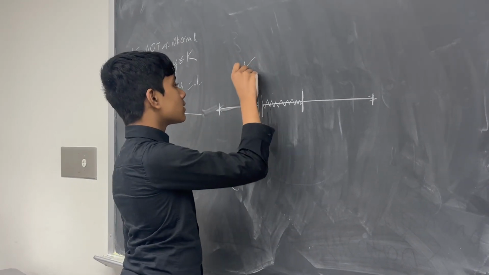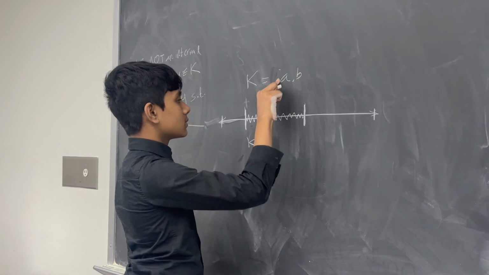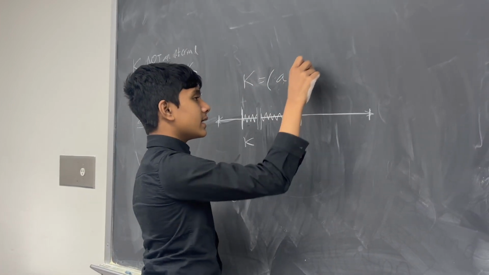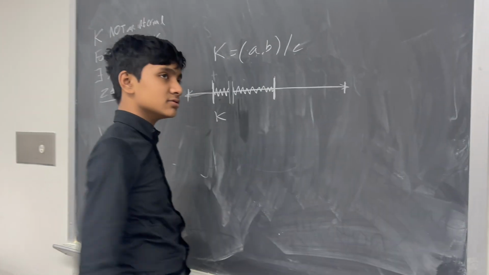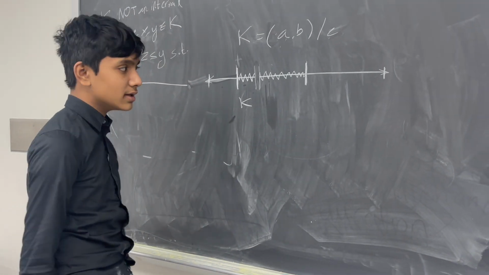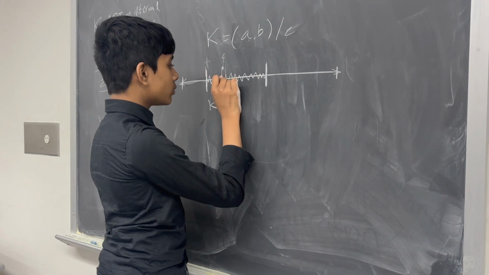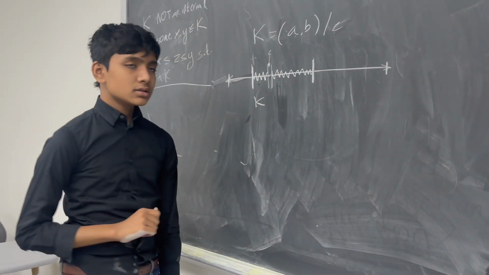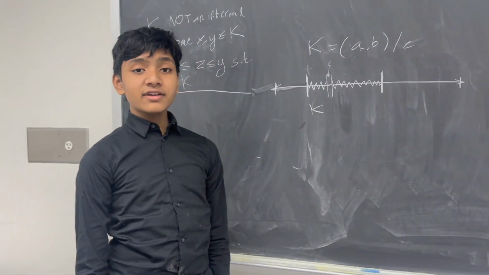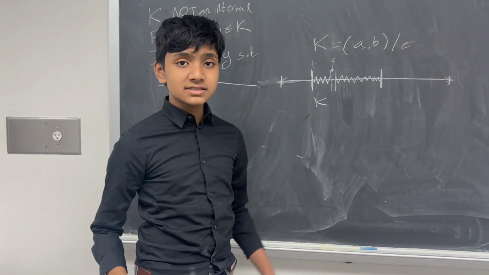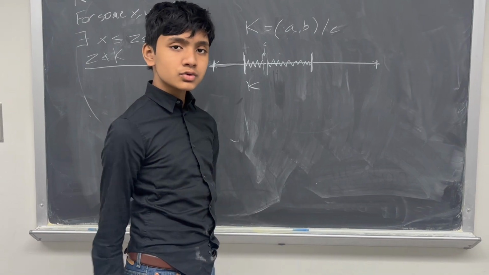It's the interval from A to B, well, it's open, excluding C. That's usually an intermediate value between A and B. So this number right here is C, the little break in it. So, obviously we know something's disconnected if it can be covered by two open sets that are totally disjoint from each other.